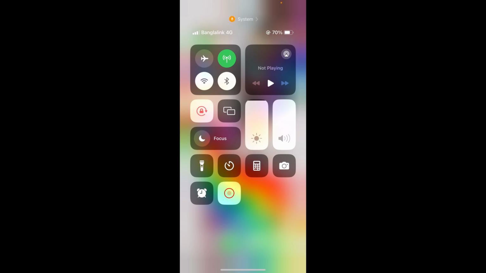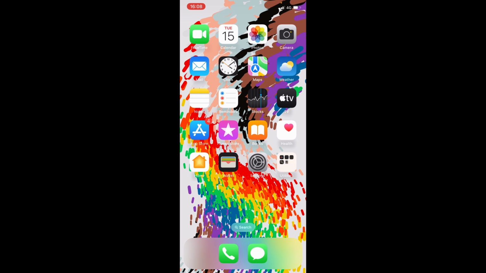Open Photos and go to Recents. Here is the photo and you will find your video there. You can trim, edit or even share it directly from your Photos to any app like YouTube, WhatsApp or social media. And that's it. You know how to activate and use screen recording on your iPhone X. It's simple, useful and